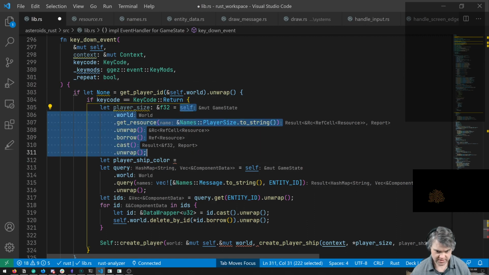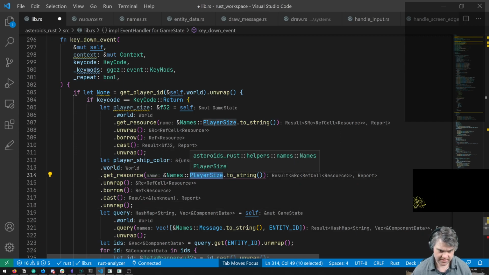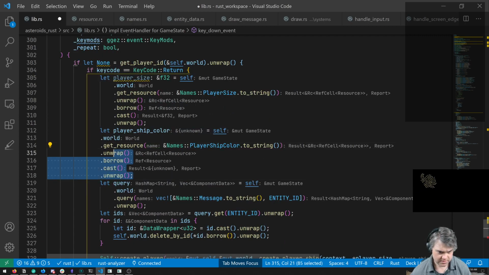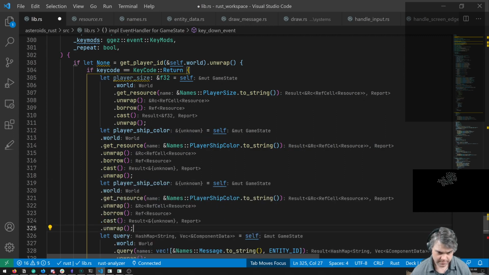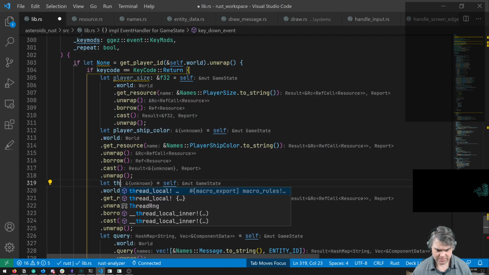It's really pretty much this. This time you're a player ship color. And you're gonna be a thruster color.